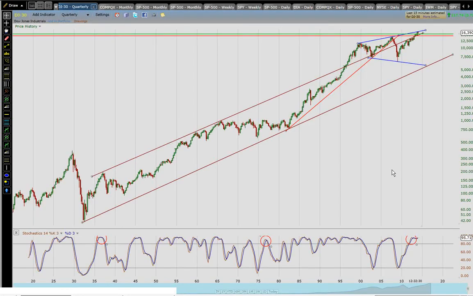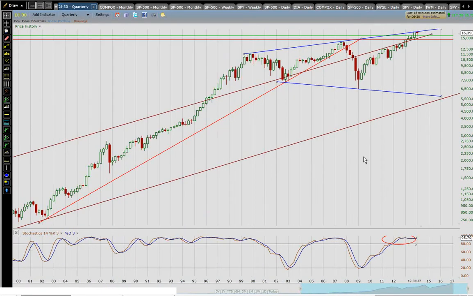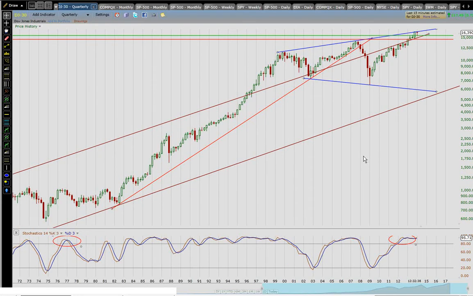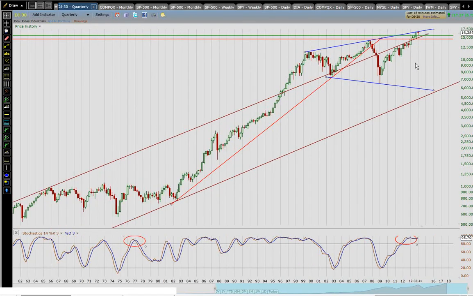Now, additionally, on an even longer term time frame, we're going to look at the Dow and look at a quarterly chart. So each one of these candlesticks here is 3 months of price action. The Dow chart is showing a potential broadening top chart formation, and I'm going to put a link on the